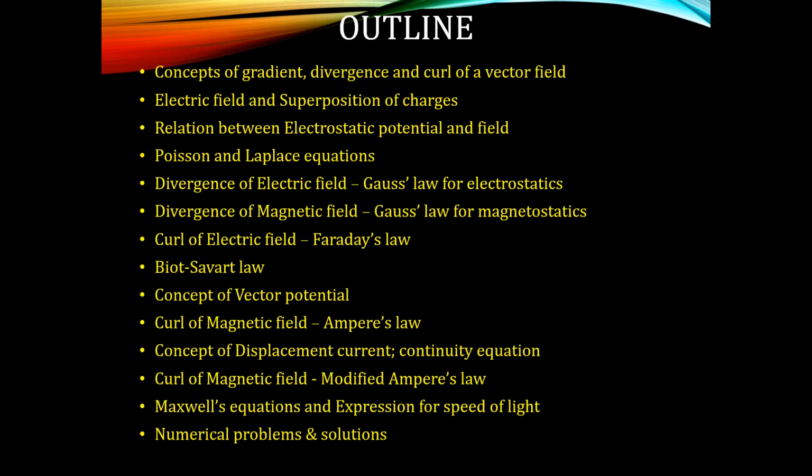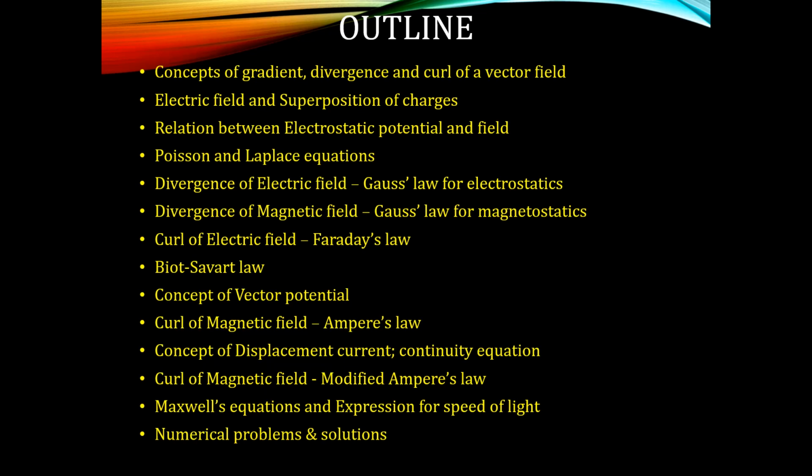So that's the outline of this lecture series on electromagnetics. We start with some concepts of gradient, divergence and curl of a vector field. Then we move on to electric field and superposition of charges. Then comes the relation between electrostatic potential and electric field. We then come to the electric field,